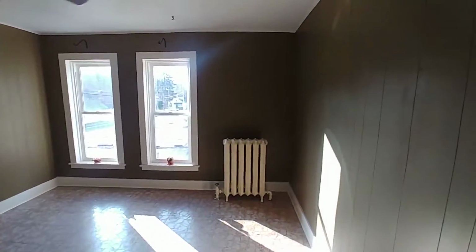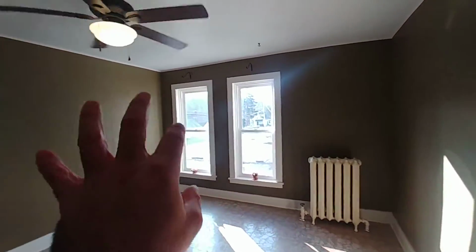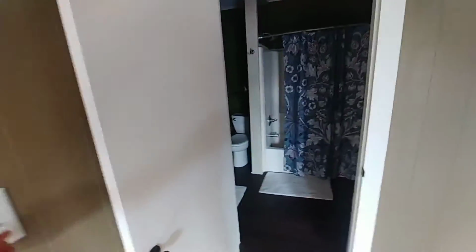Once again, living room, it makes all that window trim pop to have a darker color in here. Painted the ceiling, and that's a fan light matched to the one in the kitchen. Bathroom, we're pretty pleased with. More of the same